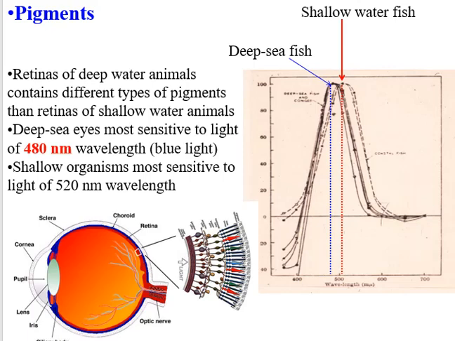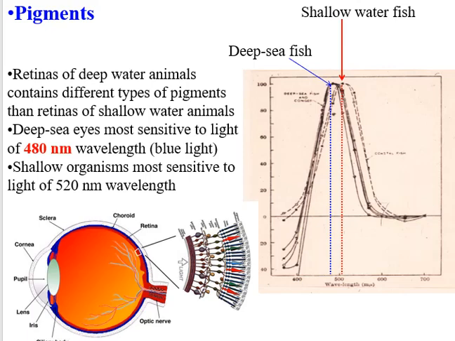So this is a typical shallow water organism, or terrestrial organism, could be a human, with 1 layer of photoreceptors, 1 layer of rods mixed in with cones. So the eye of a deep sea organism would look very different. There'd be these rods all very tightly packed together, and then you'd have multiple layers of those rods so that whatever light was there, you'd be able to detect it.